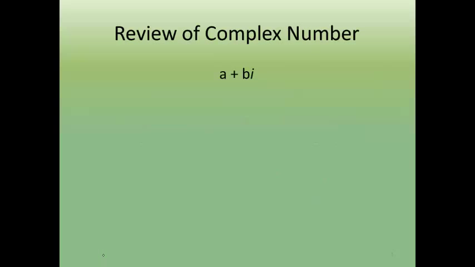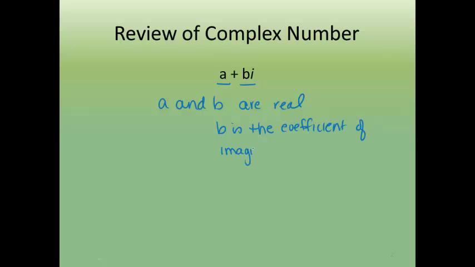Let's review what a complex number is. A complex number is in the form a plus bi, where a and b are real. b is the coefficient, meaning the number in front of the imaginary part. So we always write it with the real piece first, a, plus the coefficient,